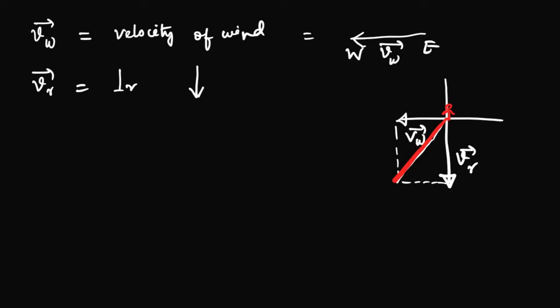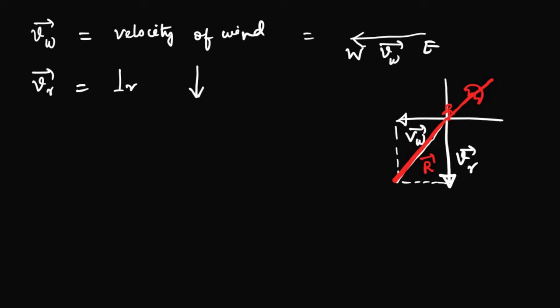He will of course not hold the umbrella downward like this. So I will extend the line so that it gives the umbrella direction like this. The boy will hold the umbrella like this. This is the resultant vector, it is along this direction, and this is the umbrella direction the boy will be holding. Now, how to find the angle?